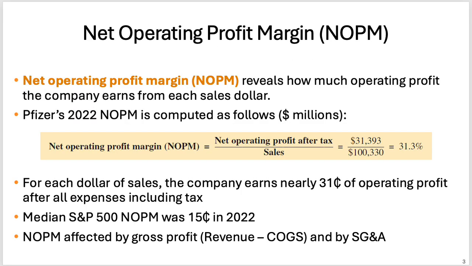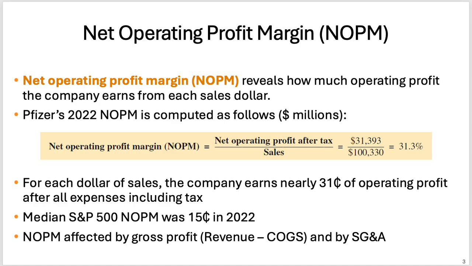So what do we end up with? As you can see here, narrowly defined NOPM, or net operating profit margin, is really an attempt for us to understand how much operating profit is earned from each sales dollar. Not just pure profit, or aggregated profit, but operating profit. And so NOPM for 2022 for Pfizer, you can see here, is